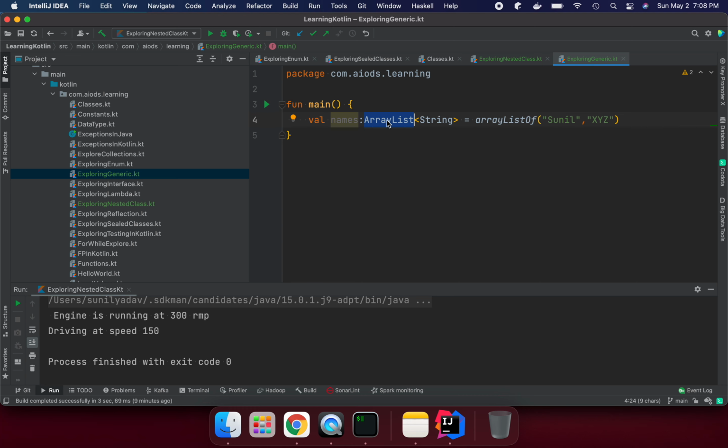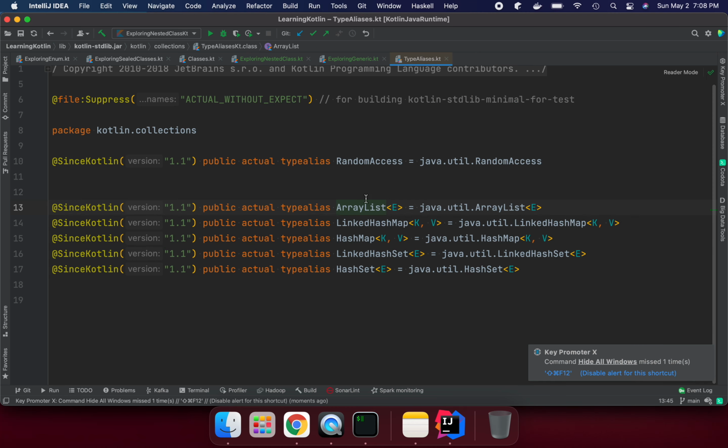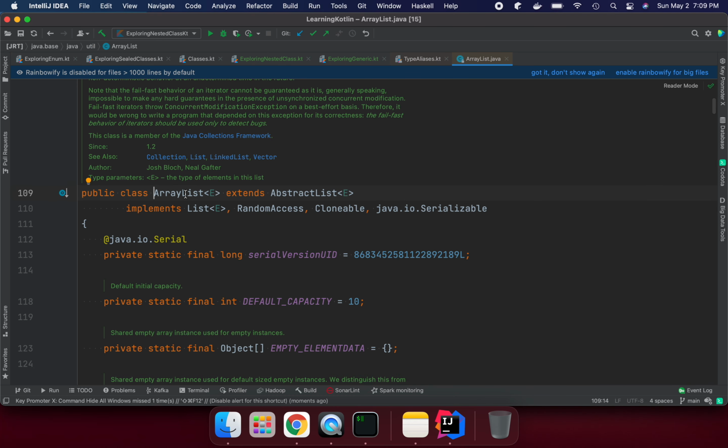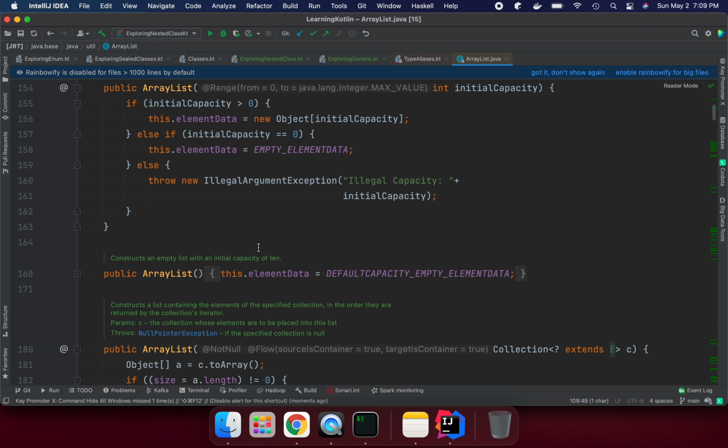But if you see the implementation of this class, if you go inside with Command B, we can see this ArrayList has a parameter, E type, meaning any element type, and that is a Java type. Now if you go further into the implementation of ArrayList, we can see this is a type parameter in the class, E type, extending AbstractList with the E type again. And whatever parameter we are passing here in the method,